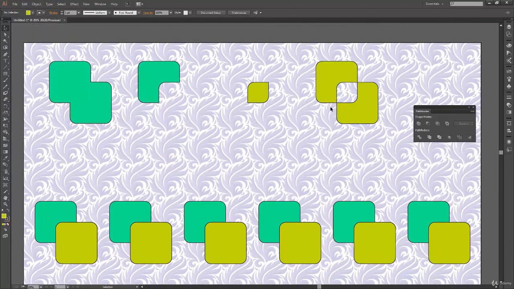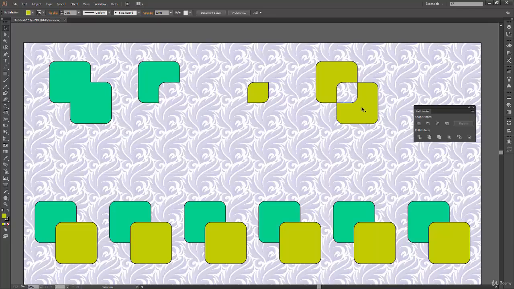Now, there's one more thing, that the shape modes can work on more than two objects also. Like we experimented with compound path, where we added one extra star and we saw how it worked. So here also we can go ahead and experiment with more than two shapes, and we will see how they work with multiple shapes.